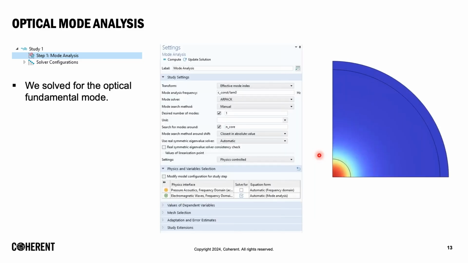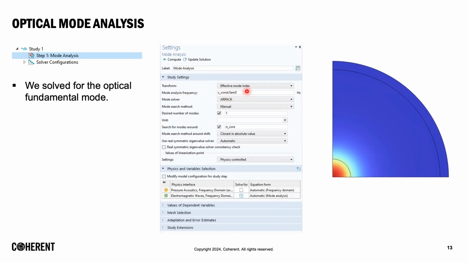So let's start with the solution. Once we define our geometry, we inserted our equations, the materials, the meshes, we are ready to start solving. So we solve for the optical fundamental mode here. We did this one